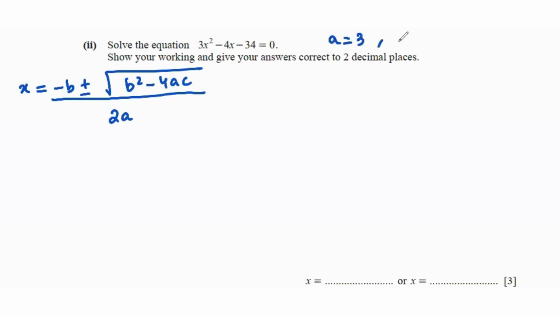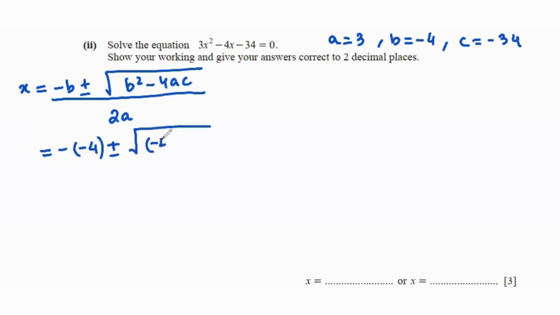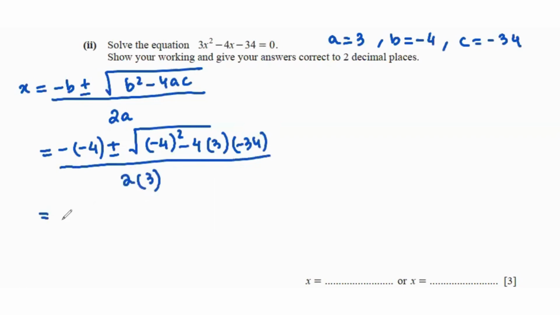A is 3, b is negative 4, and c is negative 34. That's going to be negative of negative 4 plus minus square root of negative 4 squared minus 4 times 3 times negative 34, over 2 times 3, which is 4 plus minus